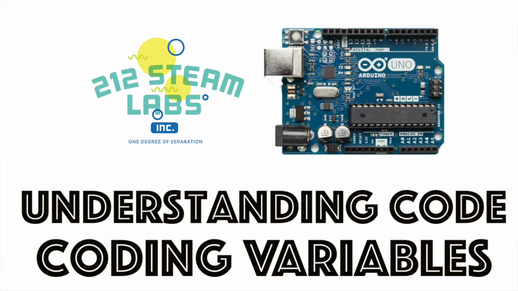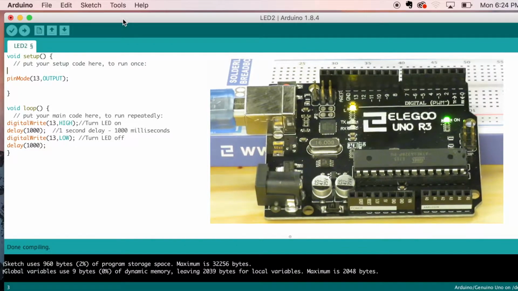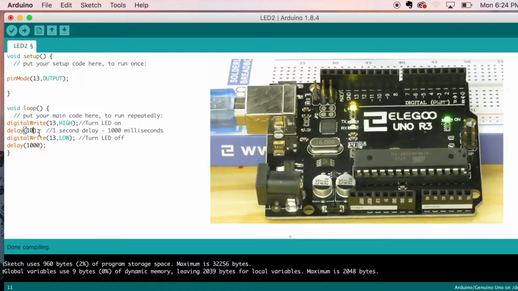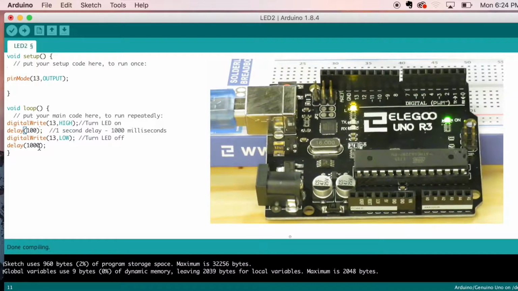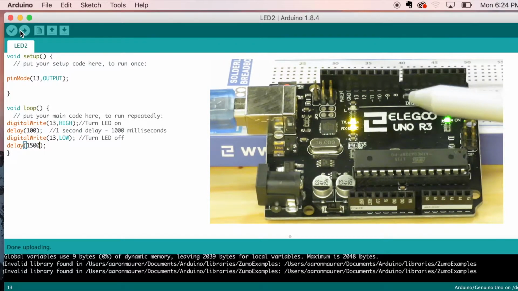All right, so the next thing that we want to talk about here is programming variables, because eventually you're going to get to a point where you're creating some very complex code that's going to be more than just a few lines like this, and you're not going to want to go in and change your mind. Right now, it's not a big deal to go in here and digital write, make this 100, and you can make this 1500 and run it, and we're going to see the delay there, right, in the different pause